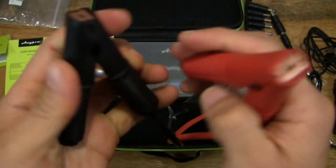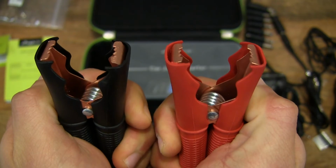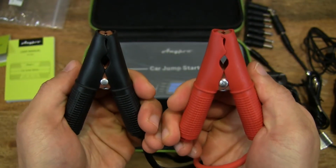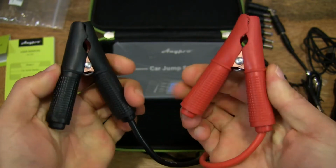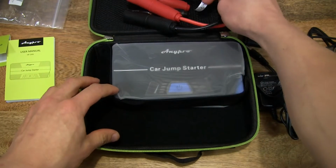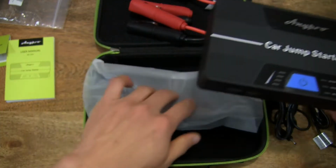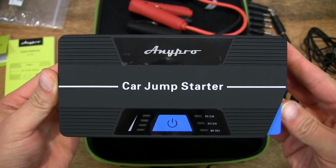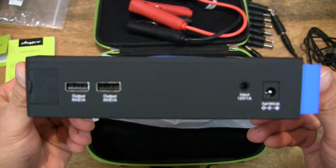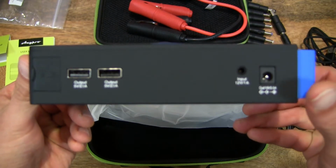Okay, and then let's take a close-up look at the clips as well, or the clamps. So that's the maximum expansion of the clamps. Okay, let's put the smart clips down. And let's go ahead and lift off the car jump starter. So this is the Anypro Car Jump Starter. And as you can see, there are USB output ports on the left hand side and a DC socket there